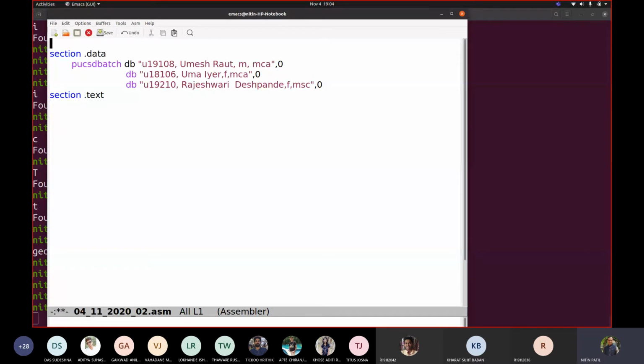So this is your structure: roll number, name, gender, and degree. These are my 4 columns, and I know that the values may vary, but this is always the format for a record. Correct. Now, how will you search that?